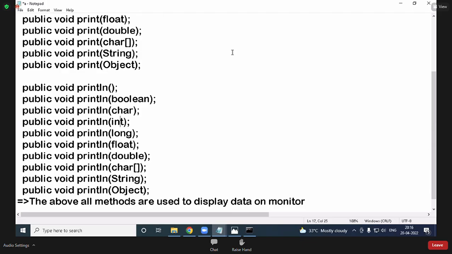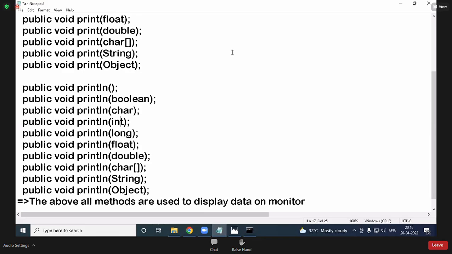Now all these methods, instance methods or class methods? Instance methods. How many ways to access? Two ways. What are those? Object reference. Which class object is required? PrintStream object is required, and a PrintStream object is already present. That object is referred to by out and err.